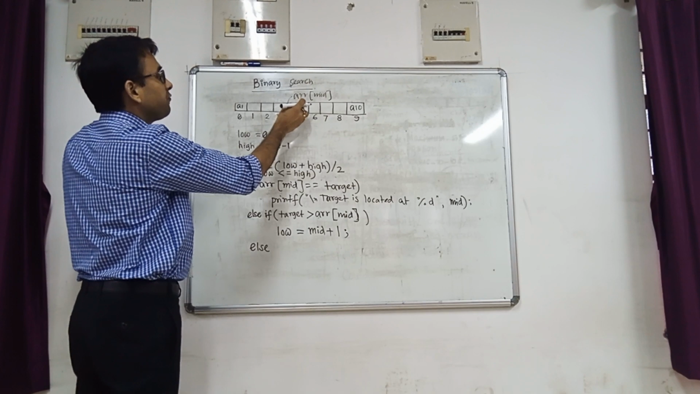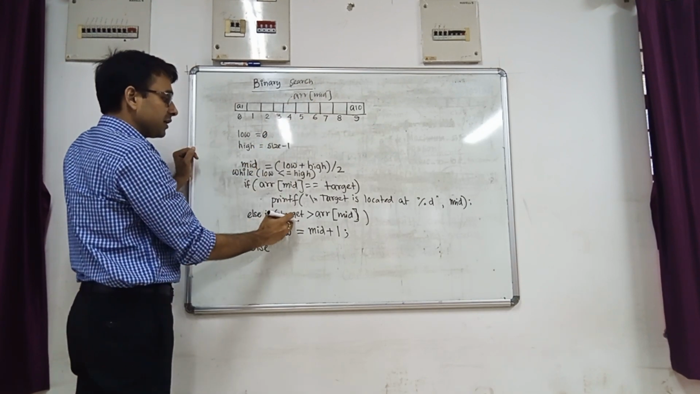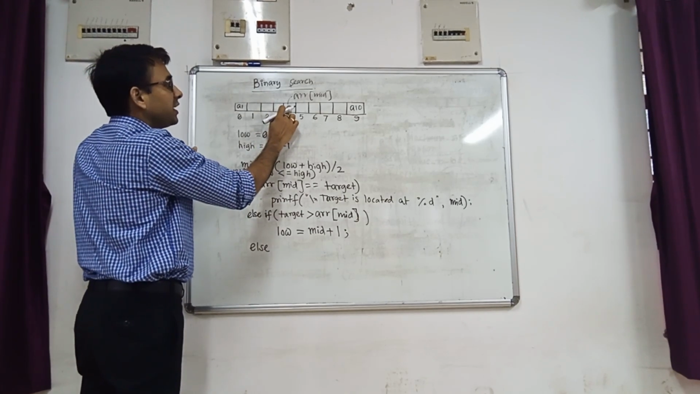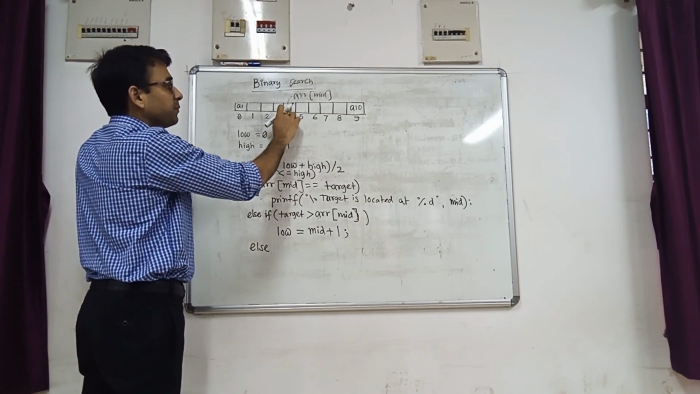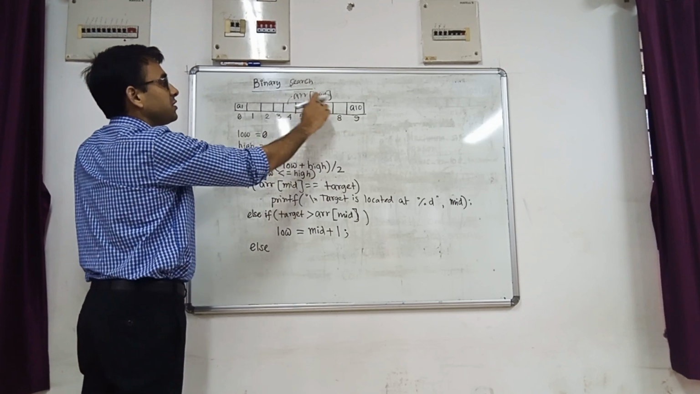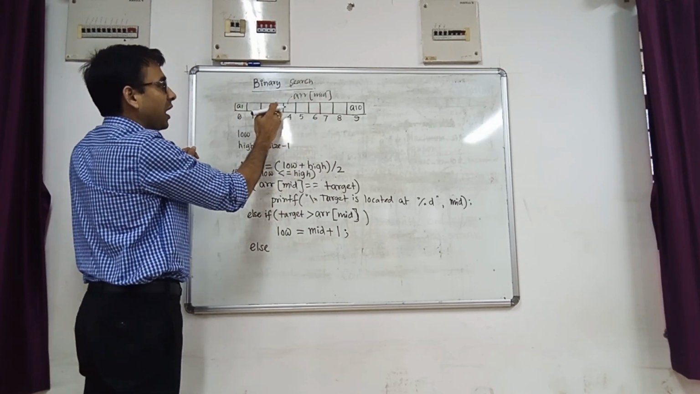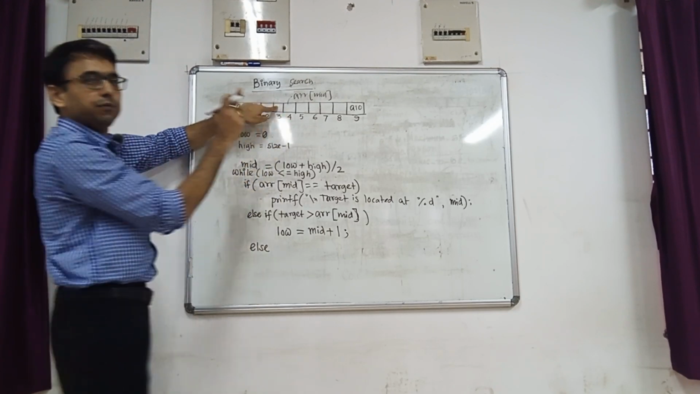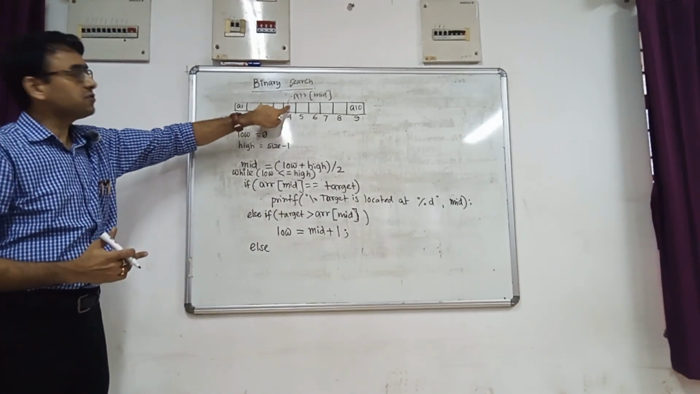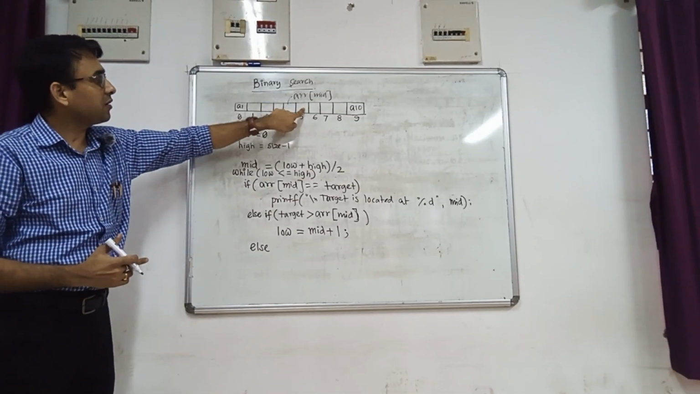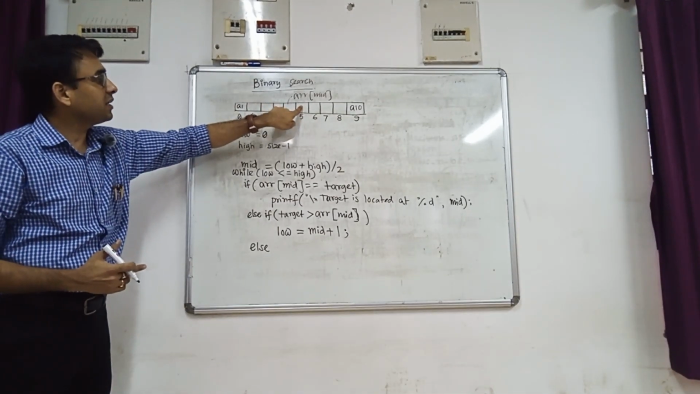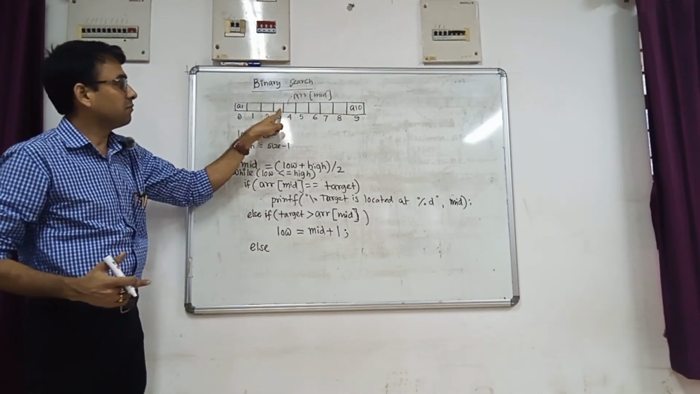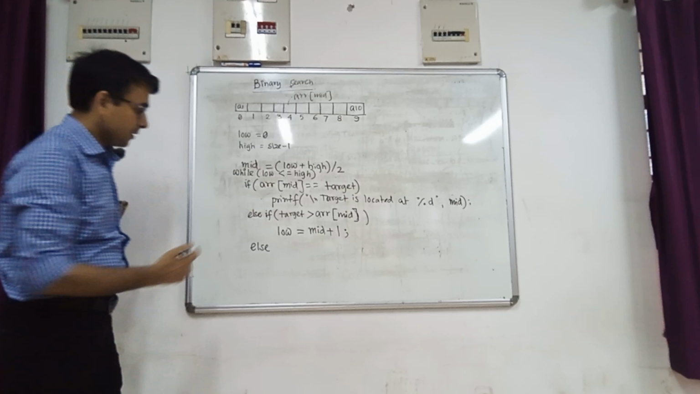Else means if the target is not greater than that, then it will be obviously on this side, because it has not matched with this one, so it must be on this side or on this side. If it is not on this side, then it will be on this side. Therefore high will be now mid minus 1, because it has not matched, so either it should be here or here. So low will be either here or high will be here. Because high is here, it will come here. Clear? So else